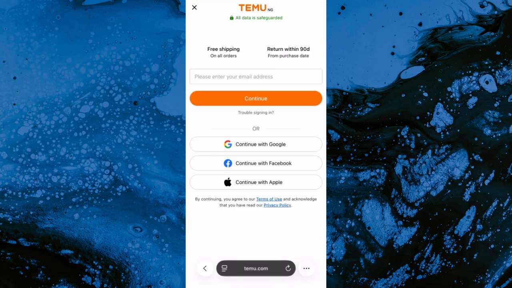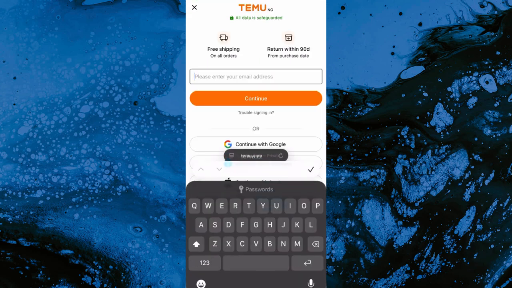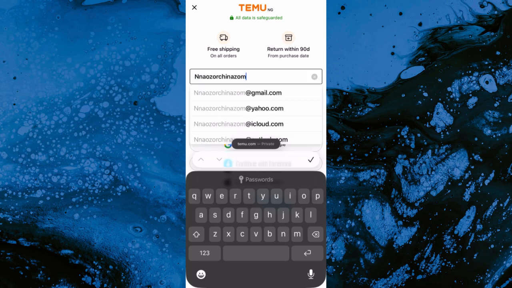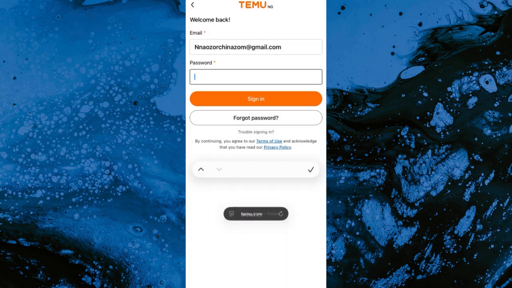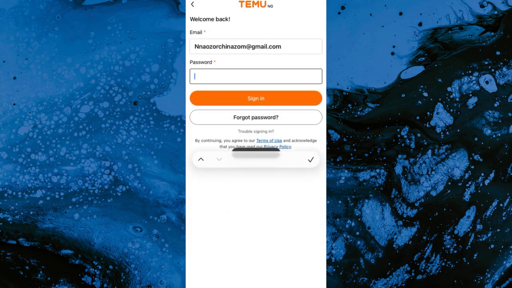Now going over to apply, they'll say you should enter your email address. You have to enter the email address that is linked to the account you want to use on Temu, either Instagram, Facebook, TikTok, YouTube, whichever one you want to use. Then you enter the password of your email, and when you are done with that, you just have to go over to sign in,